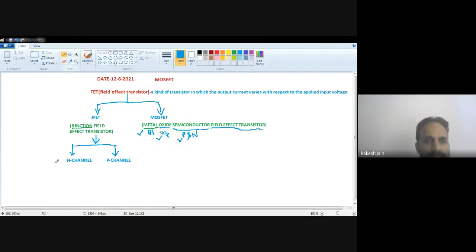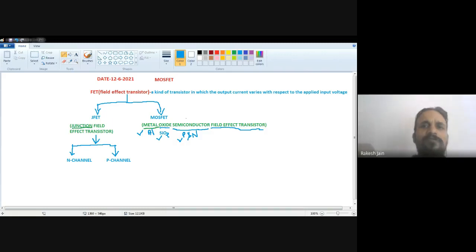Now, if you talk about the basic symbol of the JFET, whether the transistor FET is JFET or MOSFET, there are always three terminals. They differ from the BJT's three terminals, because in the case of BJT, the names of those three terminals are emitter, base, and collector. Base is that which just provides the flow path, collector is that which will collect the charge carriers, and emitter is that which will provide or emit the charge carriers. So in BJT there were three terminals: emitter, base, and collector.